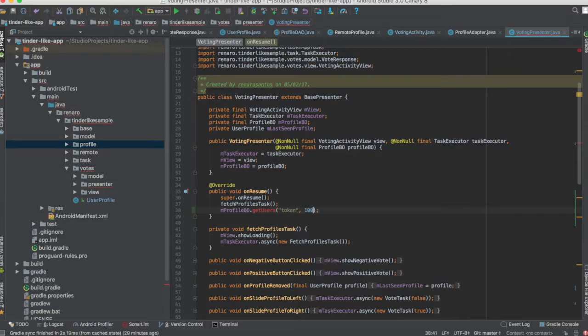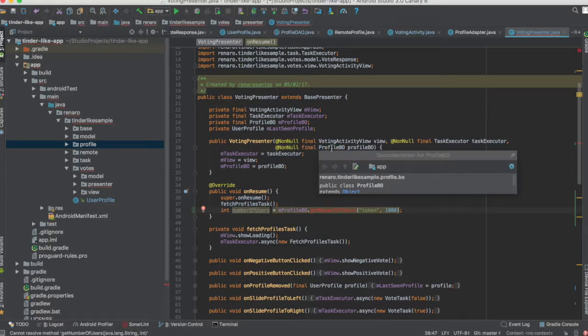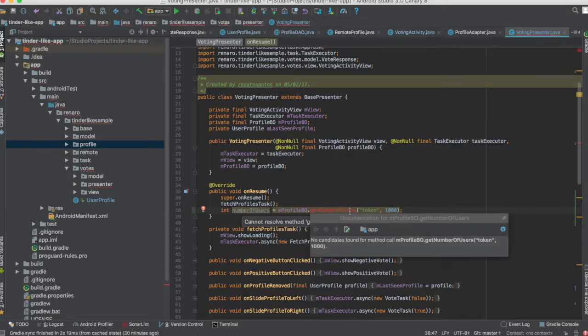Okay, so 1000. And of course, it's going to return the number of users. Okay, get number of users. So it is red because this method doesn't exist inside this profile BO. Okay, so instead of going inside the class and writing the method by hand and writing its return type and